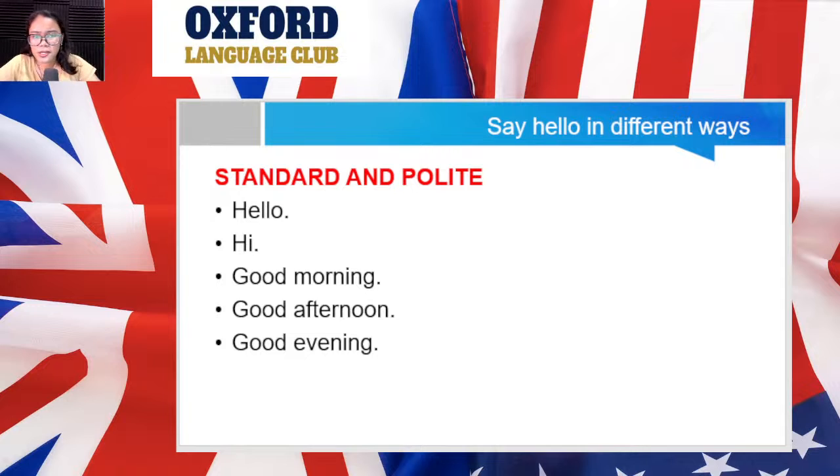Again, this is hello. Next we see is hi. This is also without a doubt the most common and universal greeting in the English language. Though it is just a slightly more informal version of hello, but it's still very standard and polite in many, many everyday situations, especially in casual settings among people who are comfortable with each other or just being friendly. You'll hear native English speakers say hi all the time. It's very warm and friendly. So you might use hi when you see your friends, your colleagues at work, or people you see often.